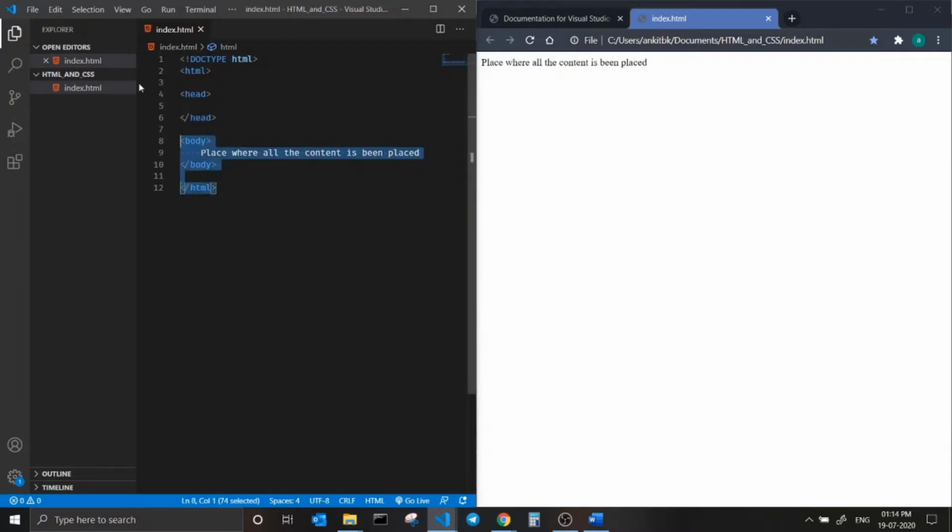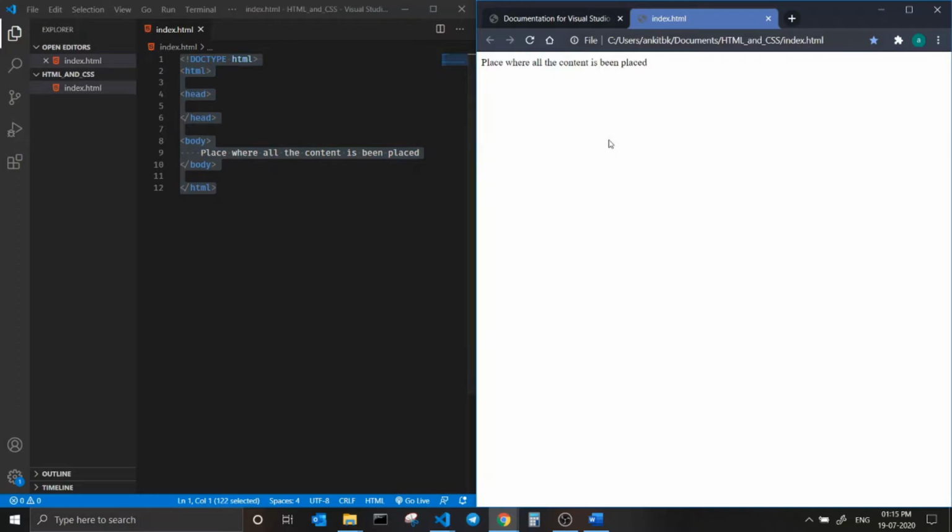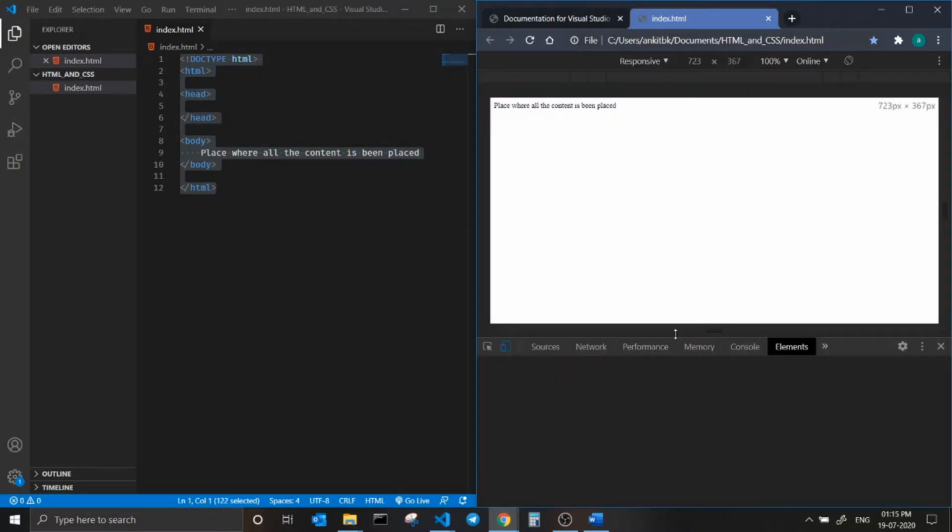And you would also be having a question like, why are these tags not being seen? These tags are just commands. They give a command to the browser that I want to show this particular type of content. So you can have a glance at this content by inspecting it in the Chrome browser.